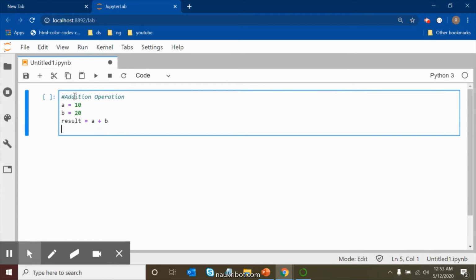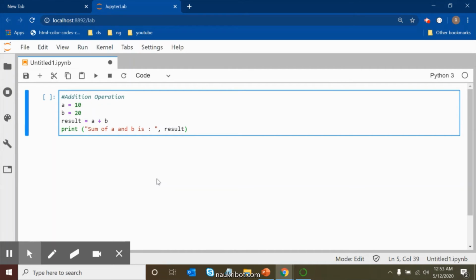Enter. And now I will print this. Print, sum of A and B is. We can pass two parameters like this in the print command, and I will pass the variable result.